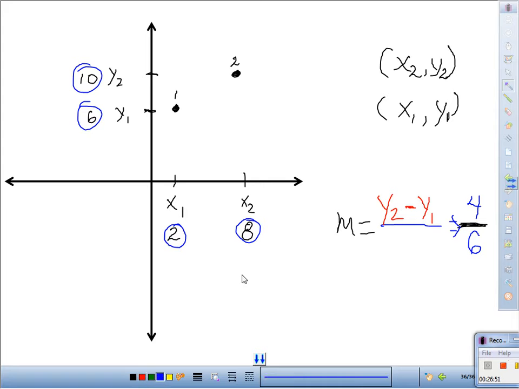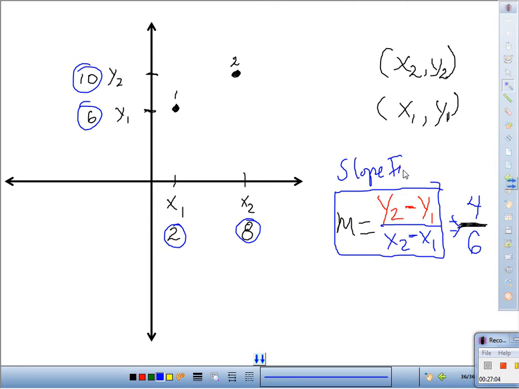Okay. How about to find this one, the run? What do we write? X sub 2 minus x sub 1. And guess what? This is the slope formula. Copy that, please. You're saying, what does that help us for, Mr. Q? Well, let's find out. Underneath that, you're going to write example mega Q. Write find slope